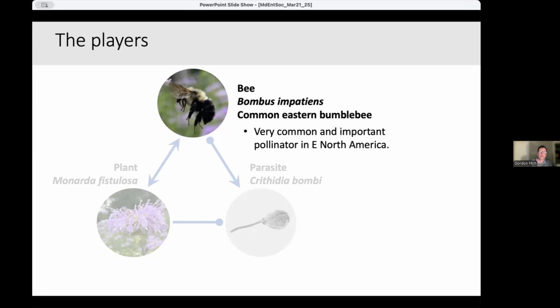They're one of relatively few bumblebee species that have been commercialized. So they're bred in captivity and used for pollinating greenhouse crops like tomatoes and so on. Which is really nice for me because it means we can also maintain them in the lab and do manipulative experiments with them in a way that is really difficult in the wild.